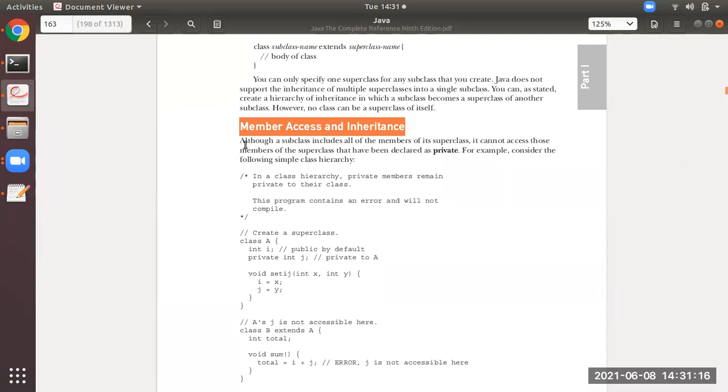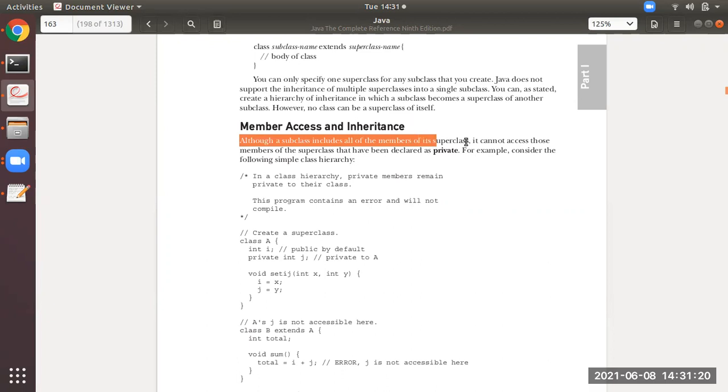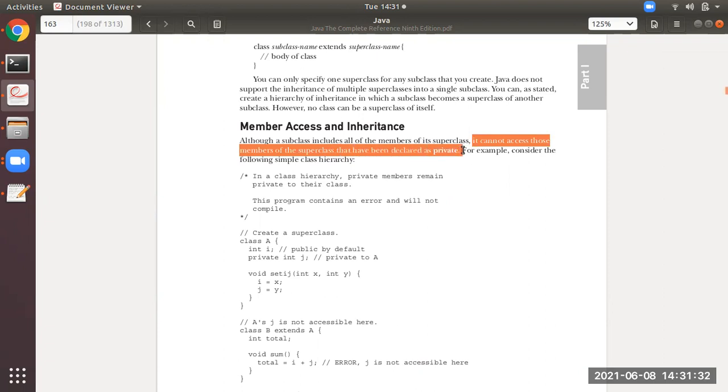You all see the statement, what is mentioned over here. Although a subclass includes all members of its superclass, as we have seen just now, the next point mentioned here is that it cannot access those members of superclass that have been declared as private. Remember this thing. The private variables and members of a particular class cannot be inherited in its subclass.